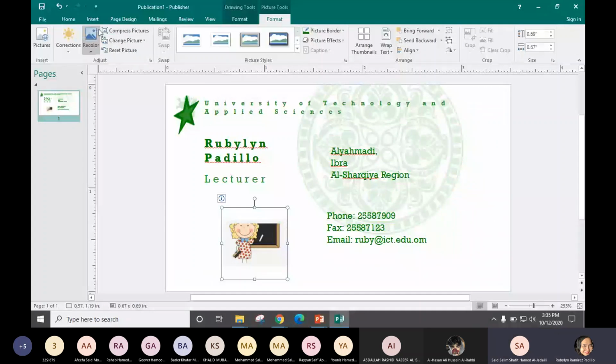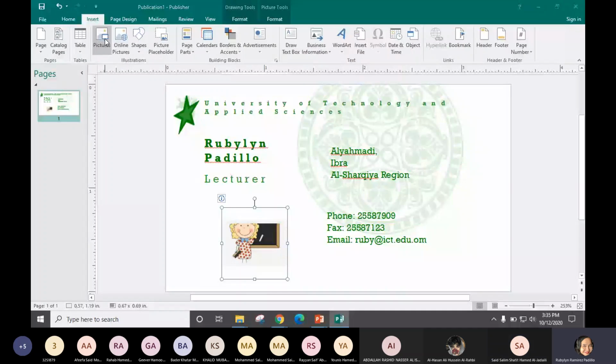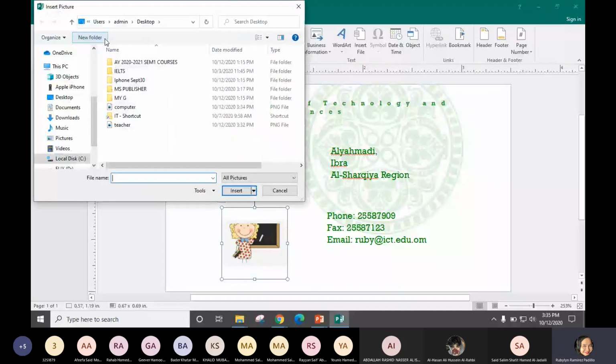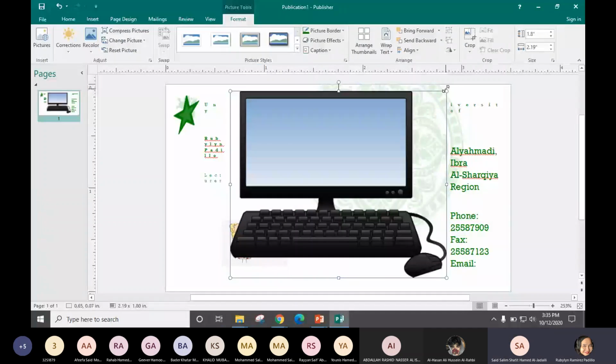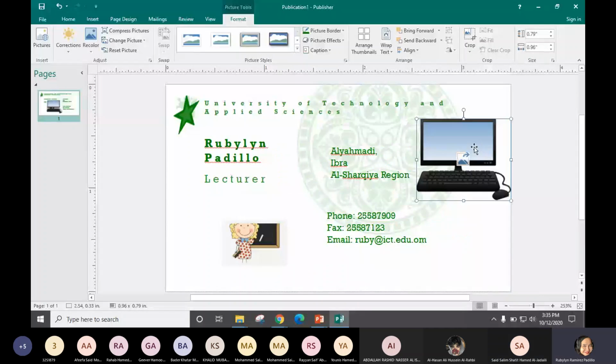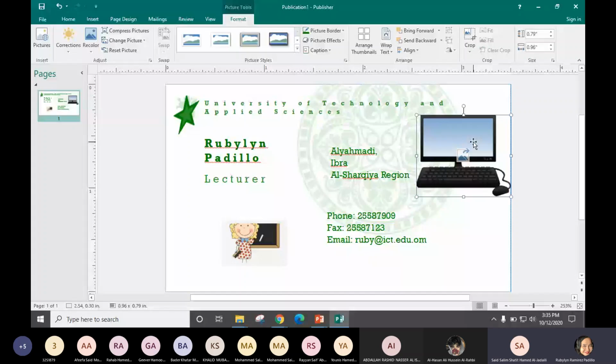So go to insert and then picture, same thing. Where's the file? Here, computer. Okay, insert the picture. This is the picture. Where will I put it? Maybe here it's good. Okay. So there I have put the picture.